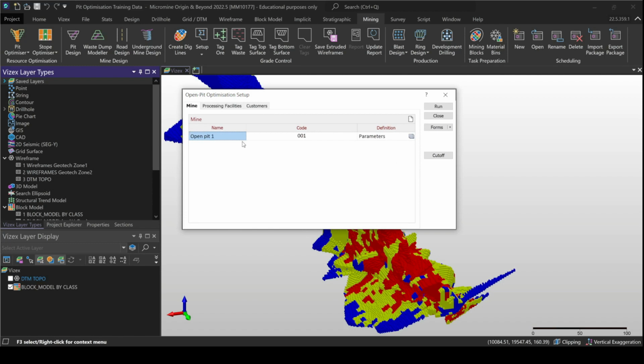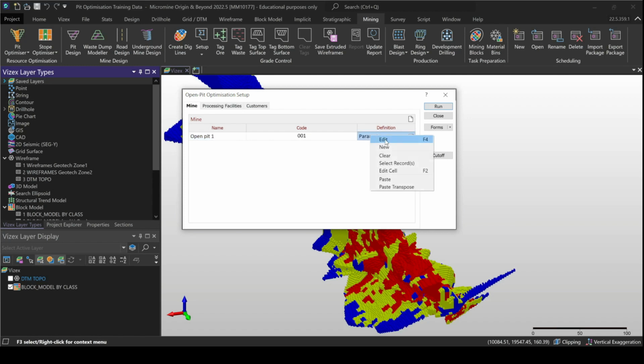Okay, I've got some parameters in here, so we don't have to type things, but I'm going to walk you through all of these. So when you open the Pit Optimization setup here, in this form, you'll notice that we have 3 tabs. The first one is called Mine, and we need a name for this one. You need the name and a code for reporting later on when you generate reports, so you know that maybe you'll have different pits or different scenarios. So you can follow with the codes and the names that you've set up in the Pit Optimizer, and we have the definition here,